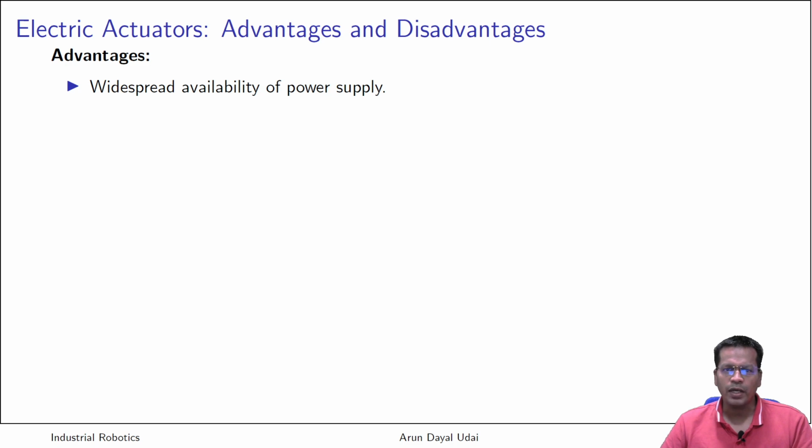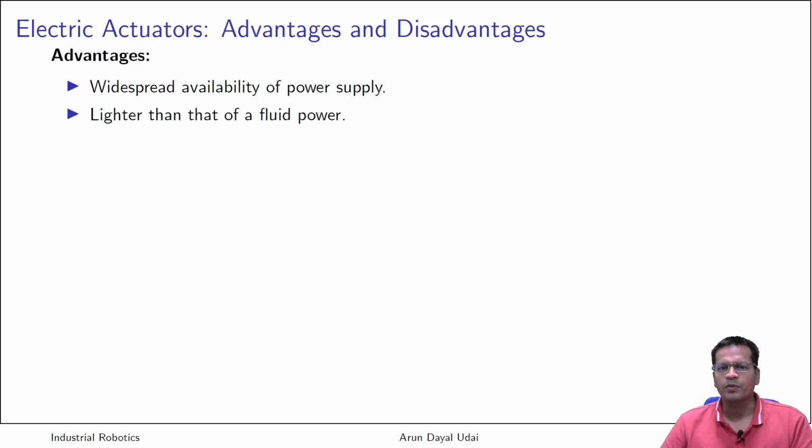Okay, but in order to have hydraulic or pneumatic, there are many other subsystems required, which may be very difficult to have at home, and sometimes in the industry also, because of floor space limitation, it may be difficult. And obviously, if it is a moving vehicle, it is really very difficult. So widespread availability is one of the reasons why we normally seek an electrical actuator.